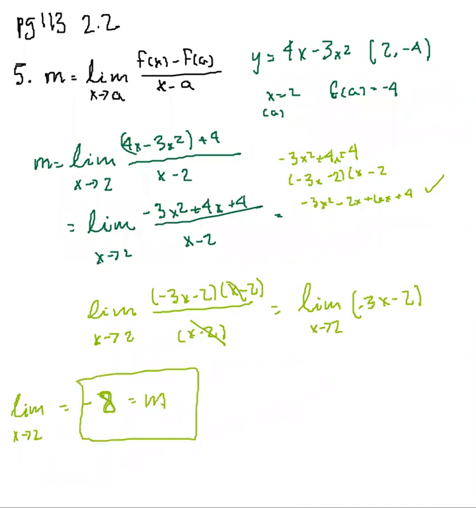And what we're trying to find is a tangent line, probably of the form y is equal to mx plus b. What we're given is this point and this slope, so exactly what you just put in the chat box. y minus negative 4 is equal to negative 8 times x minus 2, which we can rearrange into being